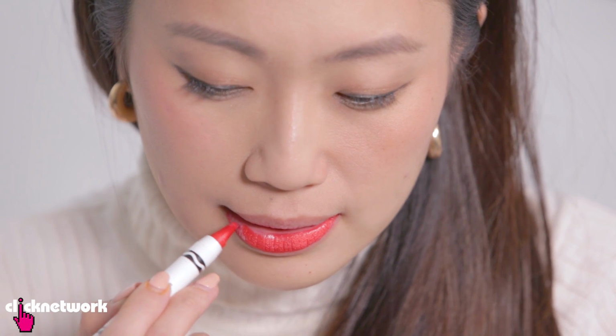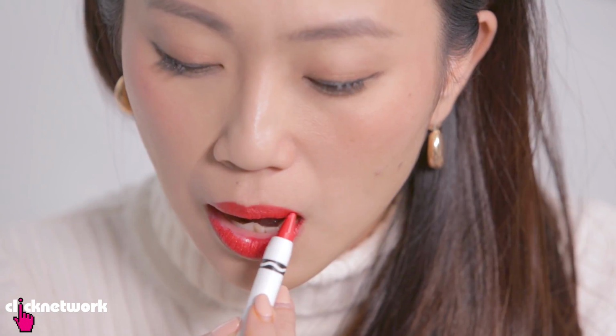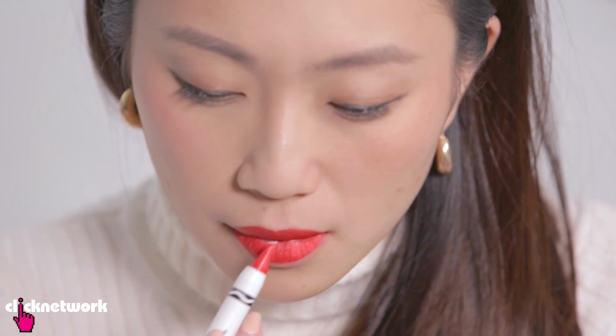Actually, I quite like it. As a lip crayon, this is very pigmented. Like there's so much color coming out. The application was pretty easy and it's quite creamy. It moves across the lips like